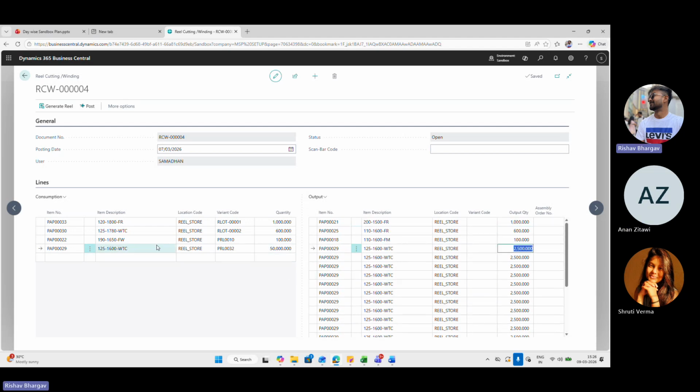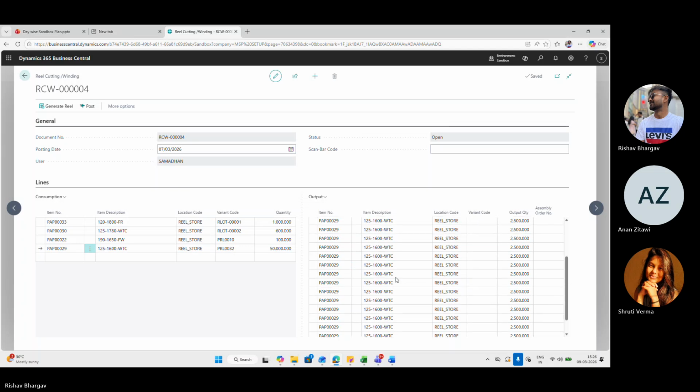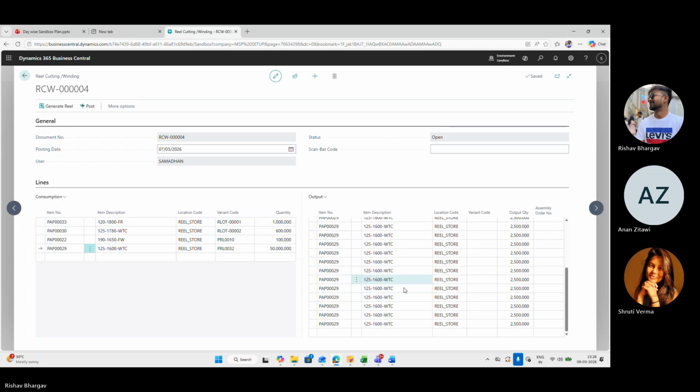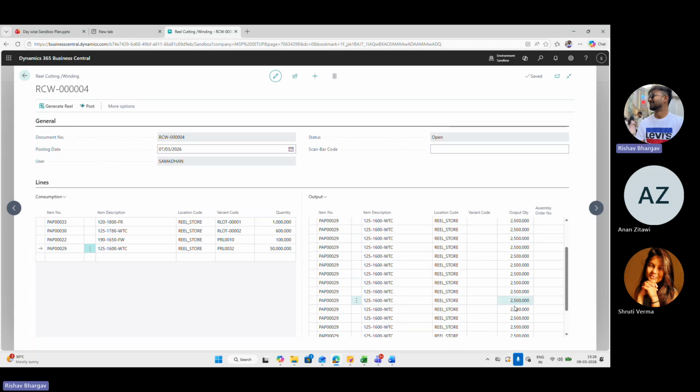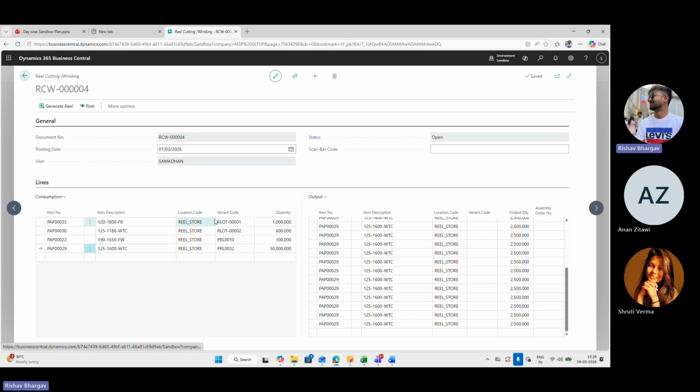So it defines that one reel can become 2 reel, 3 reel, 4 reel by cutting it. By adding these output quantities, it should be equal to the quantity in the consumption.